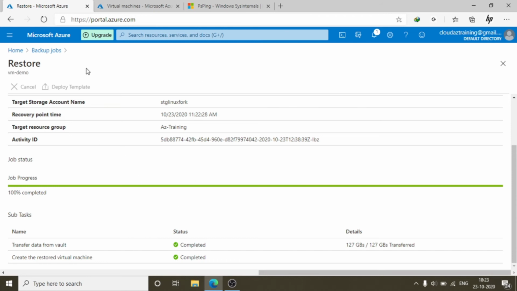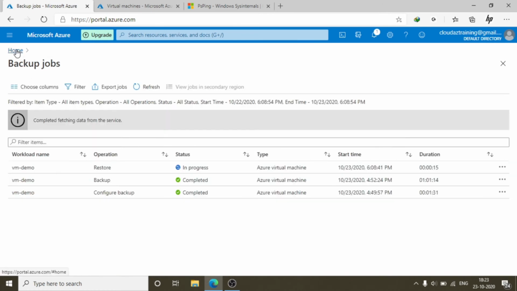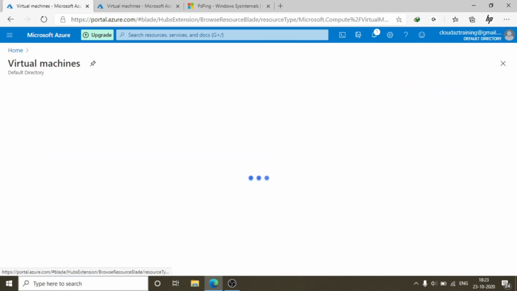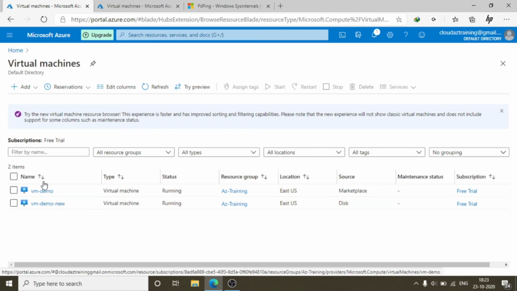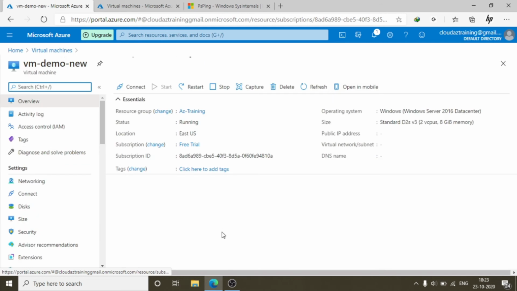Now go to home and click on virtual machines. Now we can see there is one new VM, VM demo new. This is the VM which we have created new from the backup. Now click on the VM.